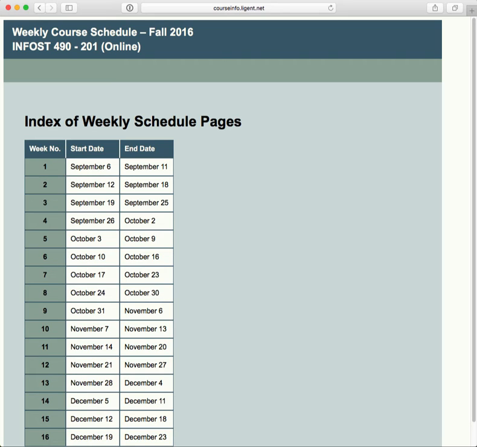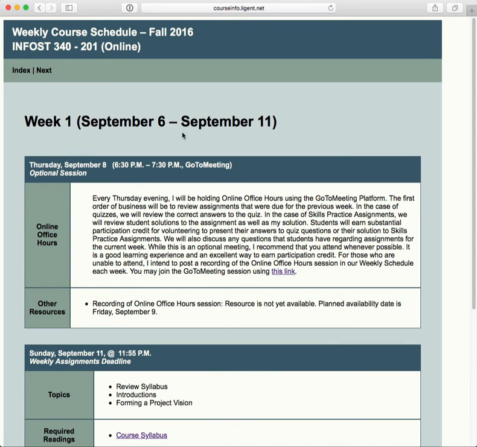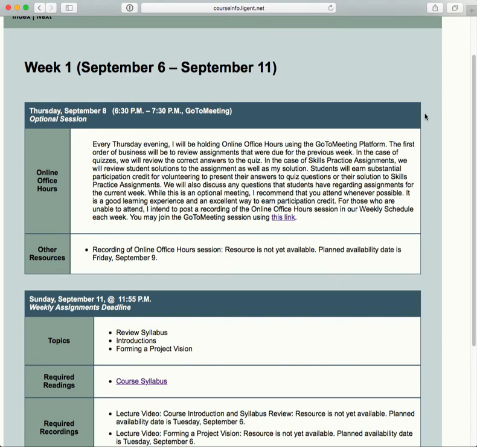Okay, and let's just take a peek here. Right now, I just have the schedule up for week one. I've got a busy week ahead of me to populate the rest of it. And what you see here is that there is a box, sort of a table, for each of the categories of work that have to be done in the week coming. So the first one,